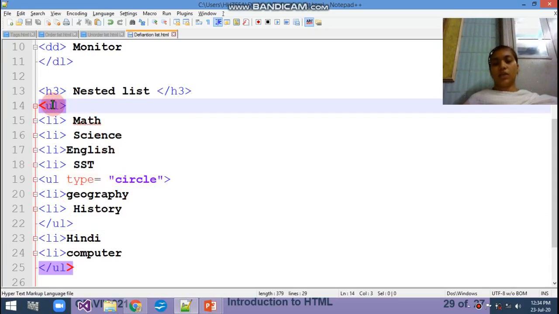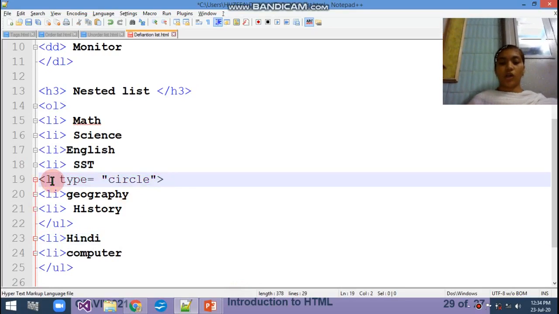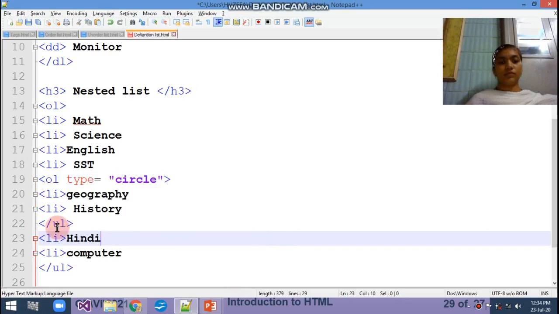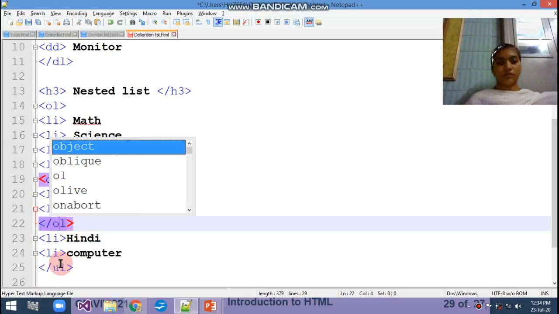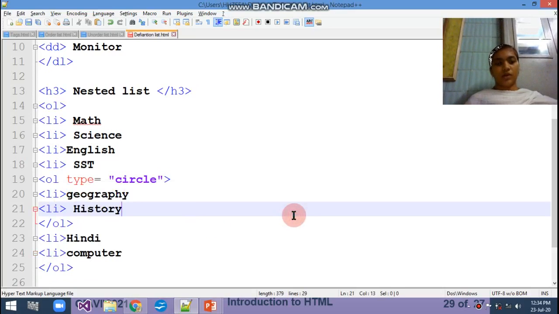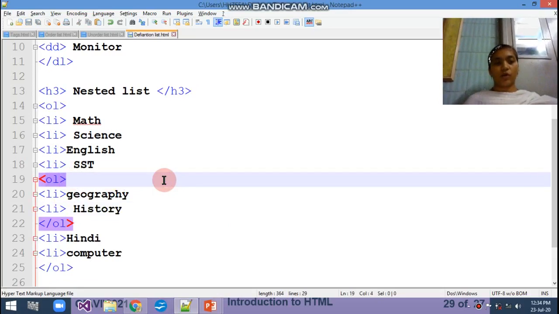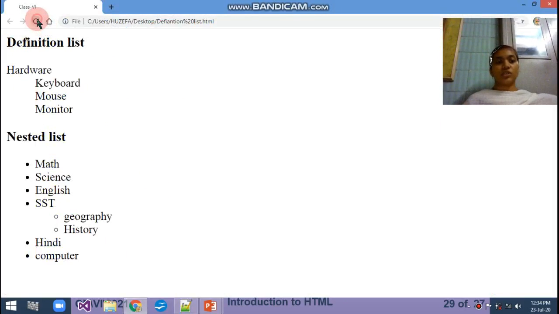Okay, so I am writing down the OL here. All OL I will take. Okay, OL type is not equals to circle, so I will first show you the output, then I am going to change it. So you can see here 1 2 3 4 and 5 6.